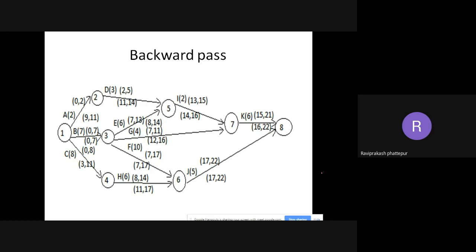Everything is the same. The representation only varies a bit, that is, instead of brackets, they'll be drawing boxes. That's all. And again, the representation is the same. On top of the arrow, it is the forward pass, and at the bottom of the arrow, it is the backward pass. Or both can be drawn in one place, but the top and the bottom represent the forward pass and the backward pass. The first letter or first number will always represent the start of the activity, and the second number will always represent the end of that particular activity.